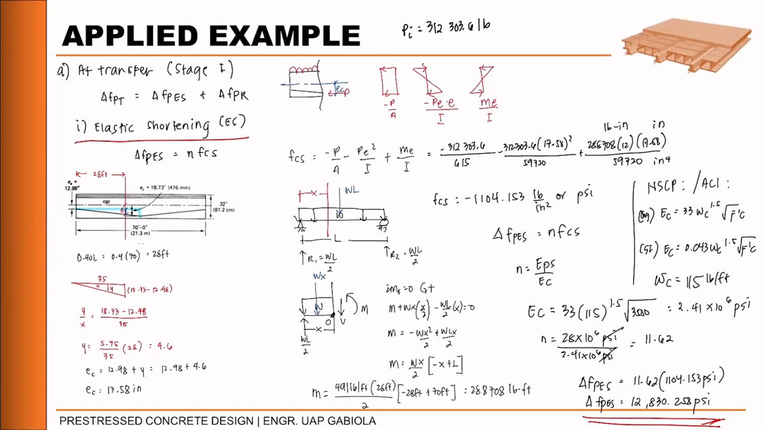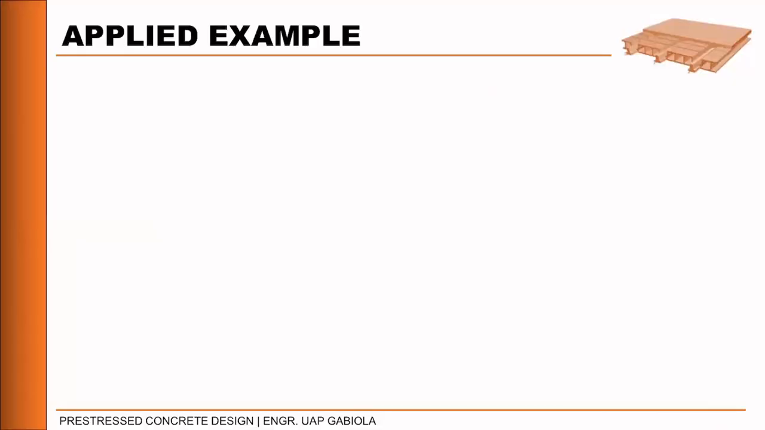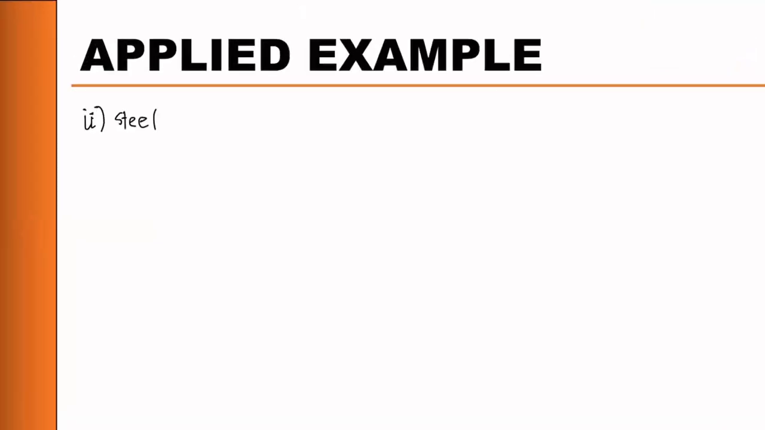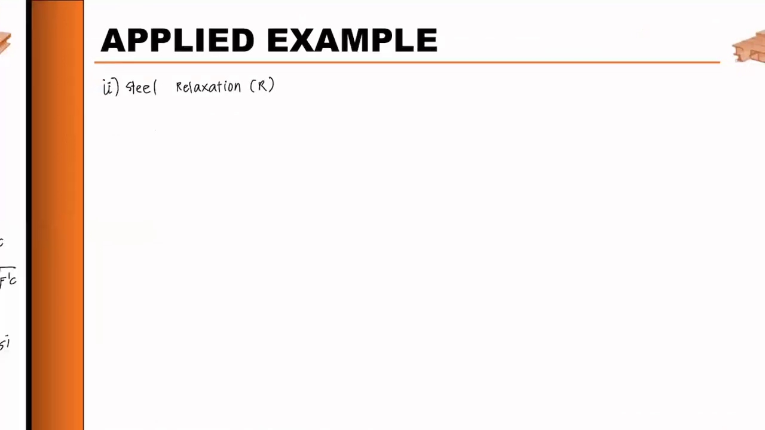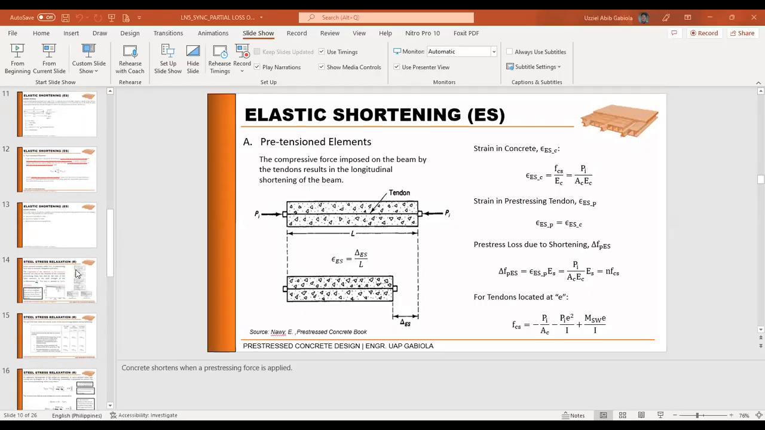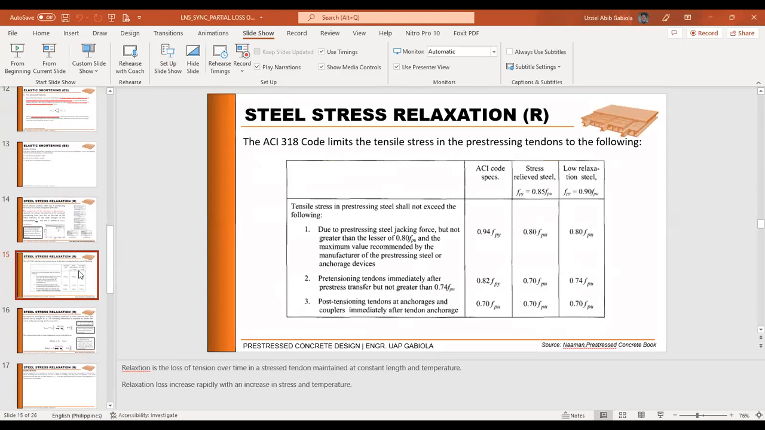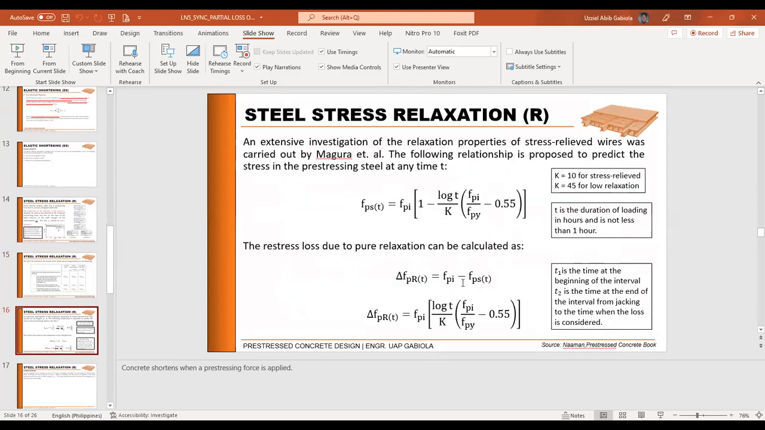Okay, so next, after na elastic shortening, kailangan natin ng sa relaxation naman. So, kay relaxation, kunin natin si formula ng steel relaxation. Sulat ko lang muna. Okay, so mula dun sa previous discussion ulit natin, dito, relaxation, may formula tayo for relaxation na ito, no? So, pwede daw natin